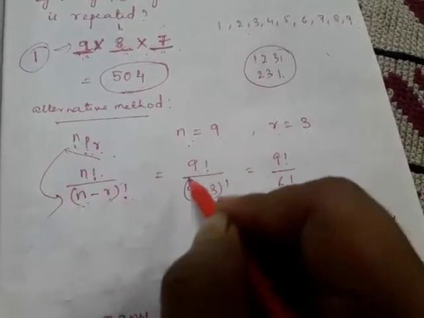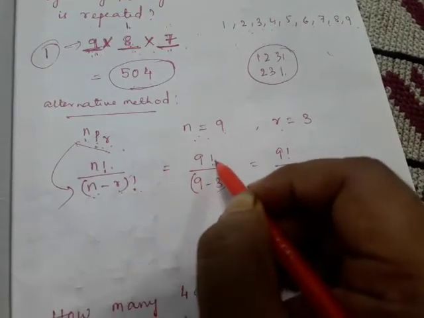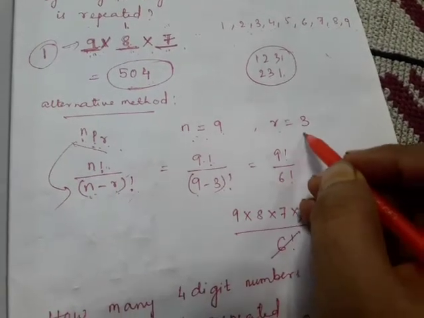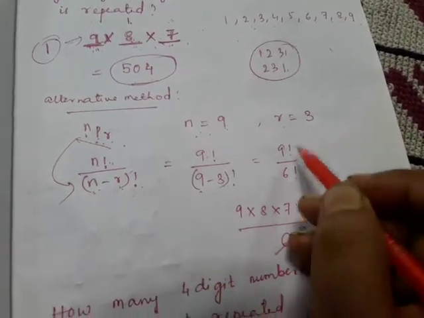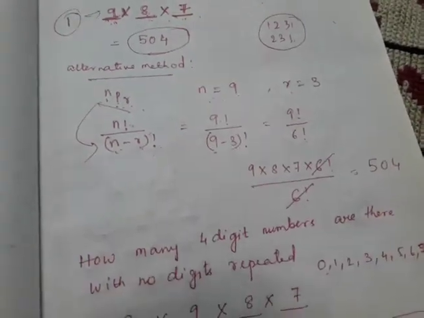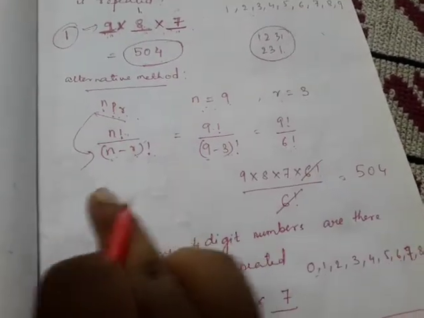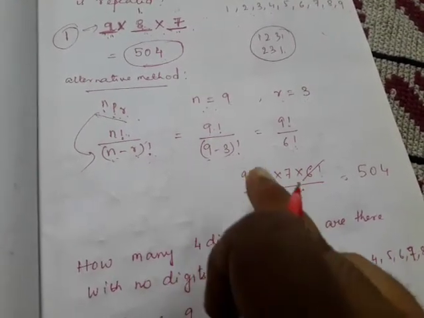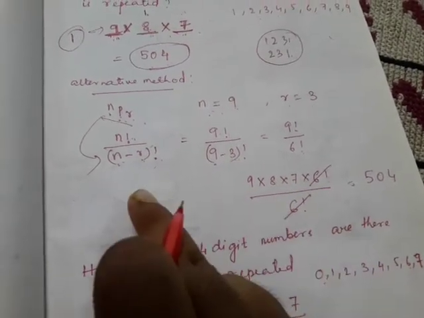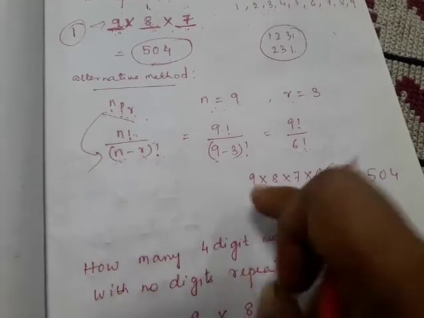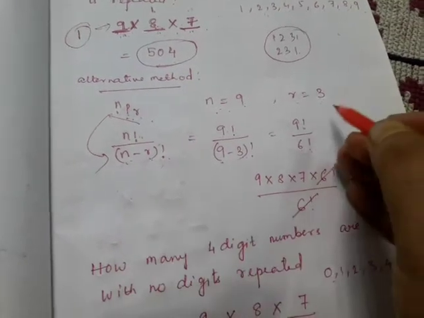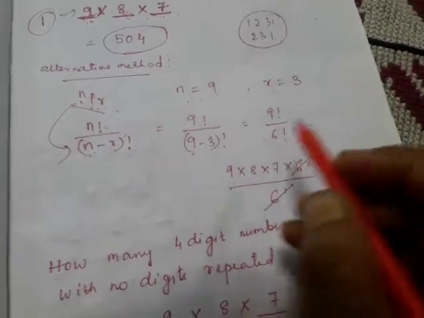So see here, n is 9. So 9 factorial by n minus r, that is 9 minus 3, that is 6 factorial. So 9 factorial by 6 factorial is our answer. Now in your calculator you will get nPr directly. In the scientific calculator you will find the P option. If you don't find the P option, you will press Shift and C, and that sign will become P. You will write 9P3, and you will directly get the answer. But if you want to solve, you can solve it also.